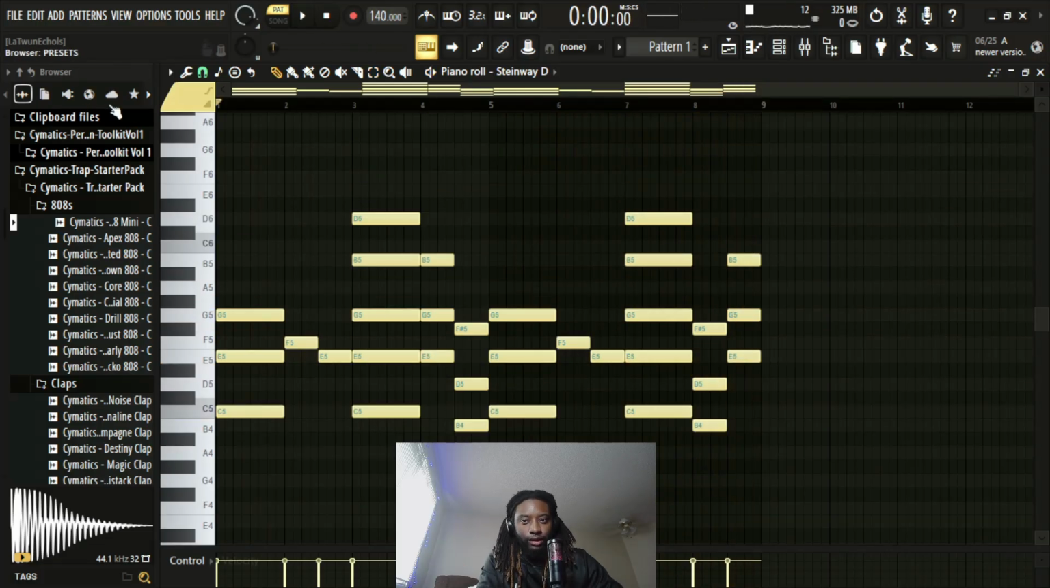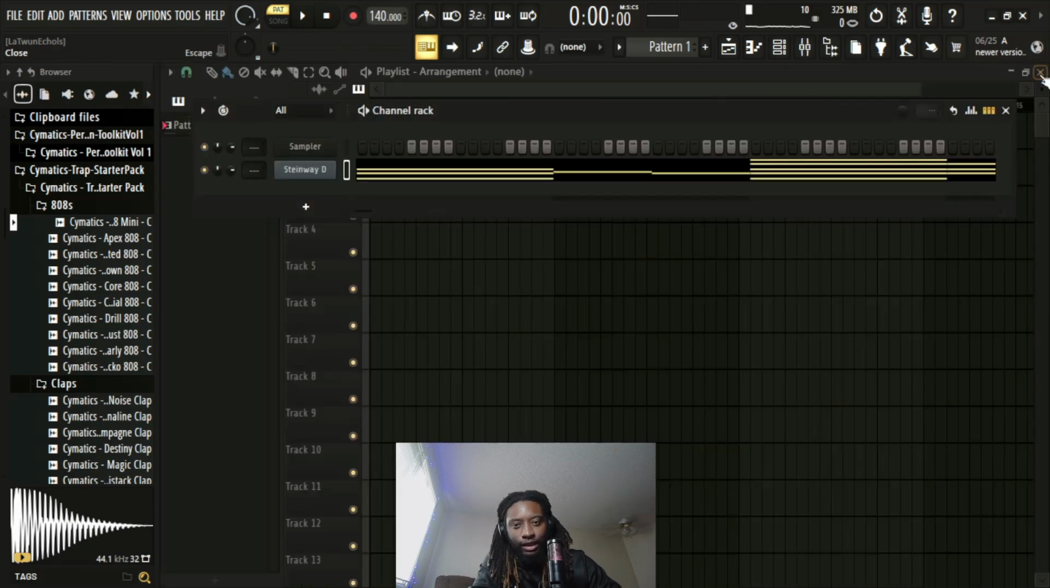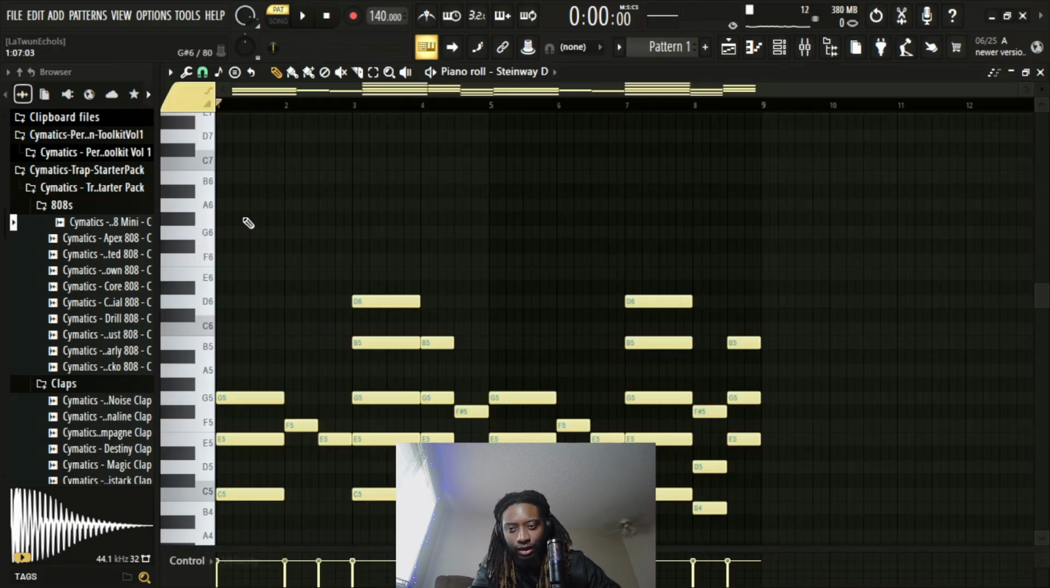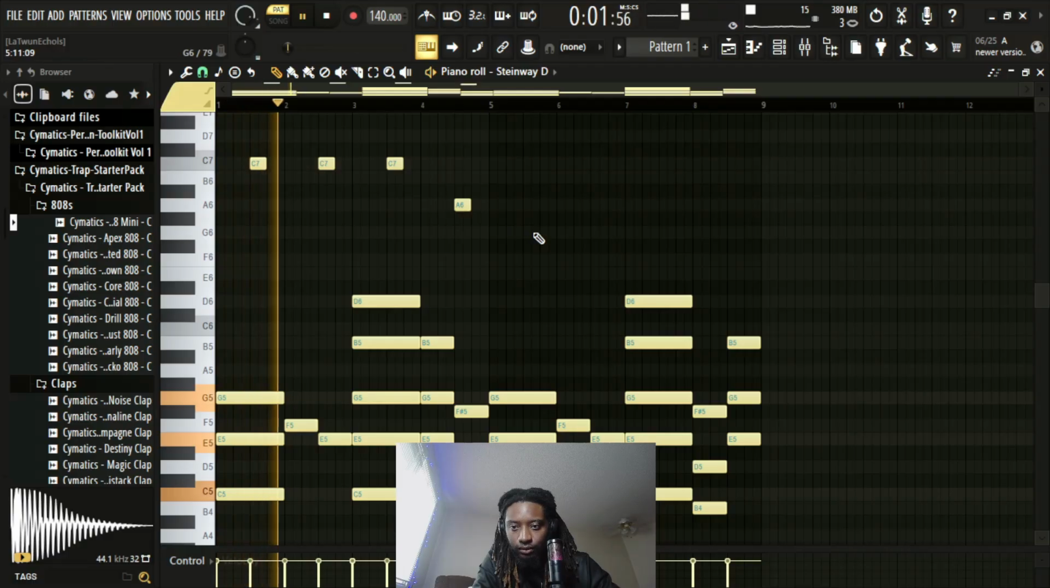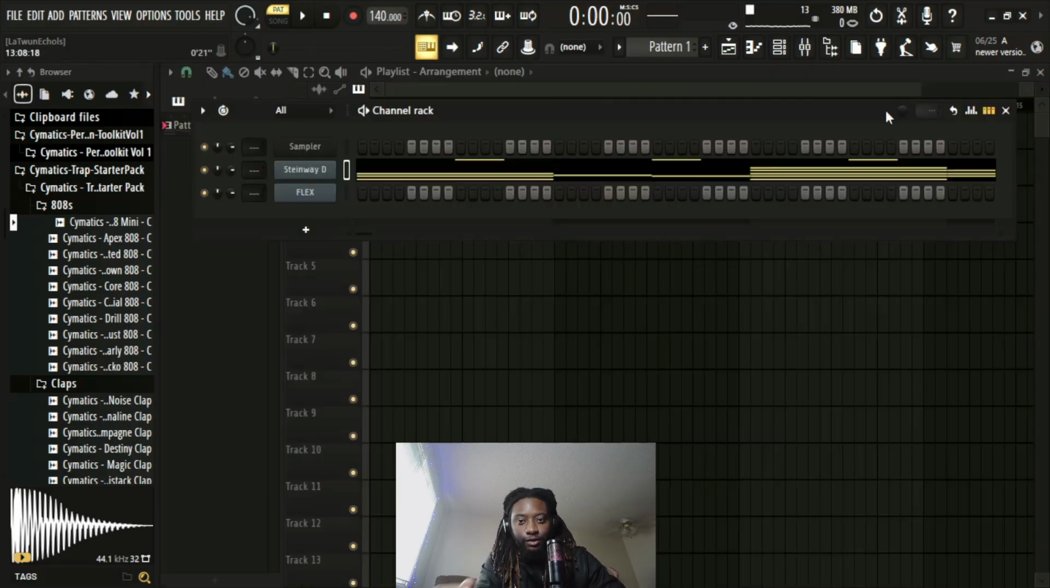Okay, and then you just want to add in a counter melody or something that plays in the background, and you can make your counter melody on the original instrument actually. So I think I'm just going to leave this melody like this, and we're just going to add in our